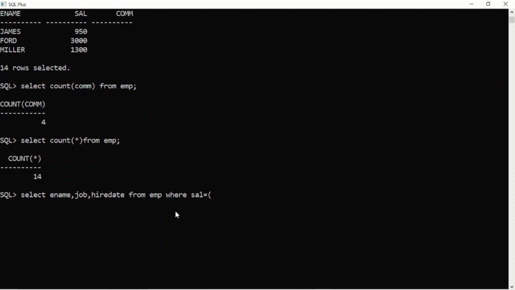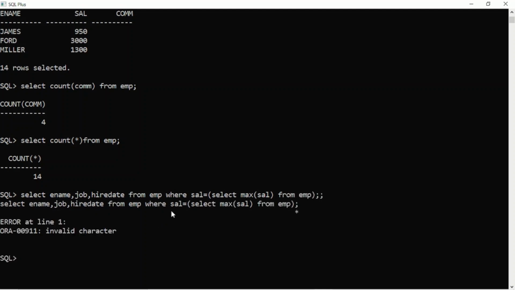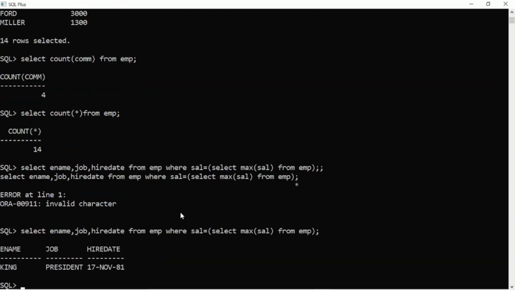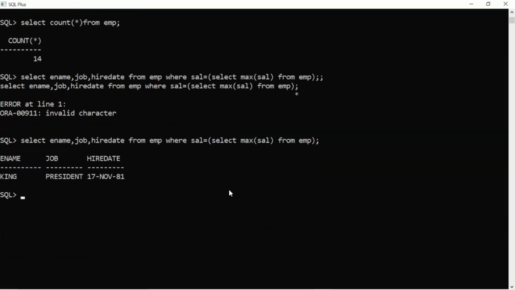First of all, we need to find the highest salary, and the person whose salary matches with the highest salary will be the person having the highest salary. Yes or no? So to get the highest salary, what is the query? It's very simple. You need to use a group function, that is max sal from EMP. Just a minute. There was an extra semicolon. See it here. The name of the person is King. Job is president. Hire date is this. So such queries can be answered with the help of group function only.